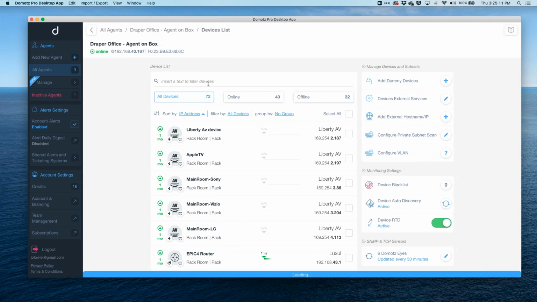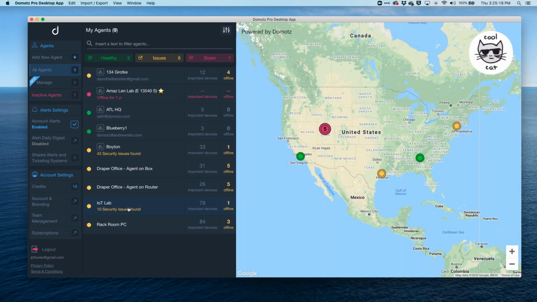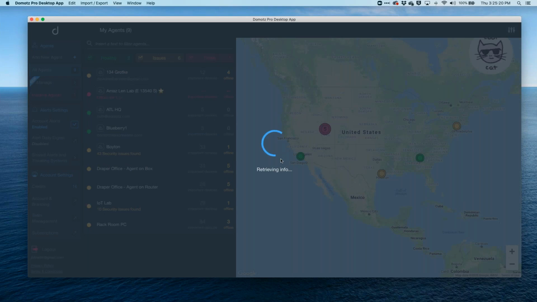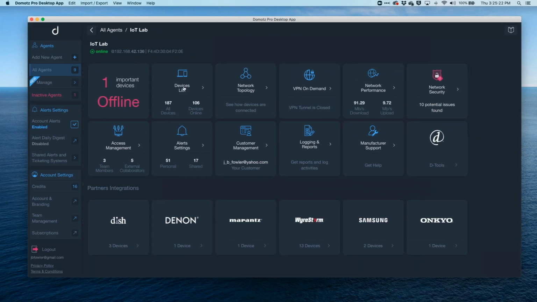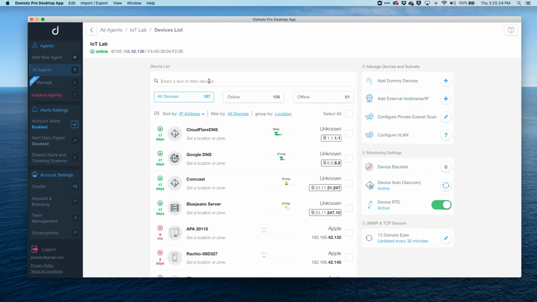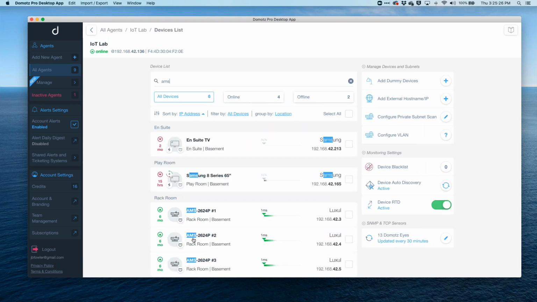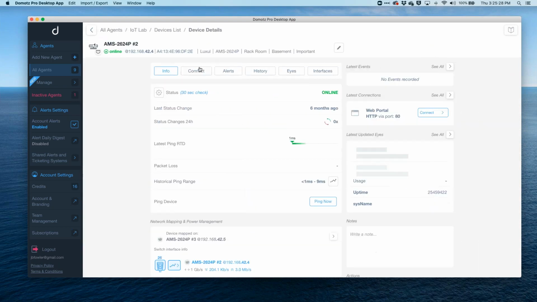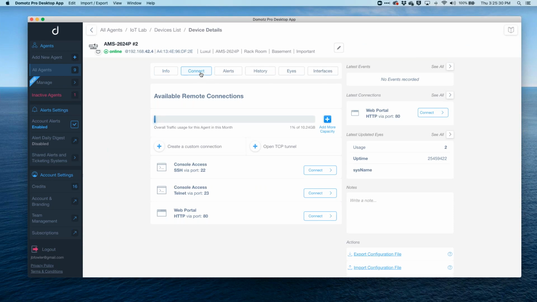is under the devices list, and let's see, I should probably go to a system where I know the username and passwords to connect to it. We'll go back to the IoT lab. In fact, we'll go back to this switch. So if we take a switch, we have the ability, and by the way, I didn't mention this, but one